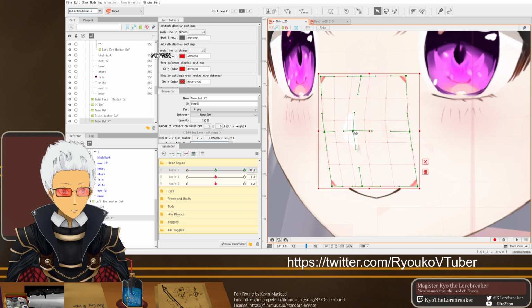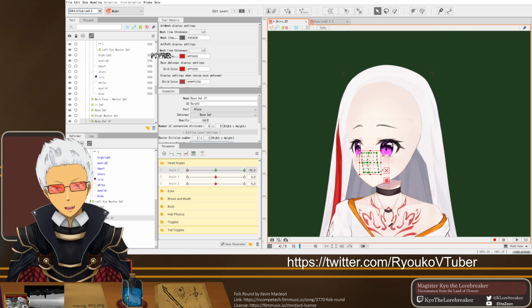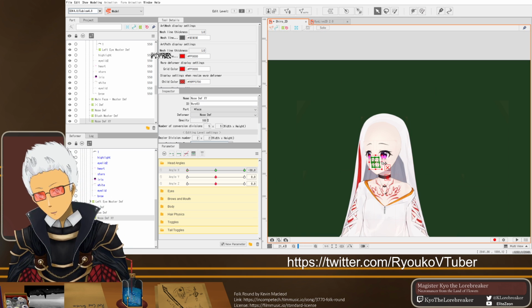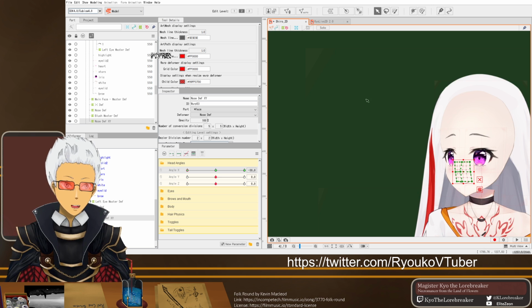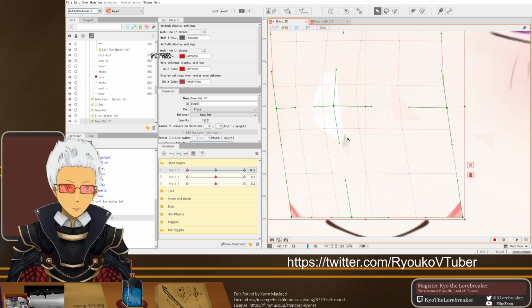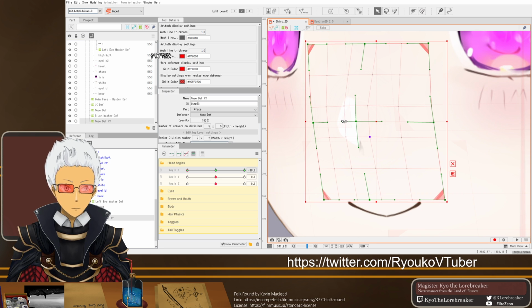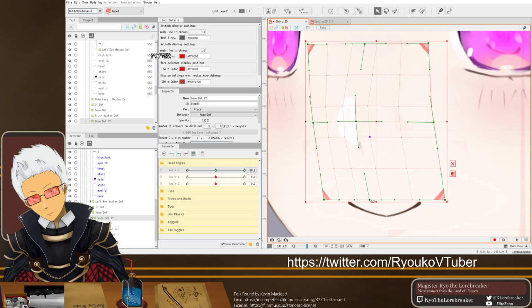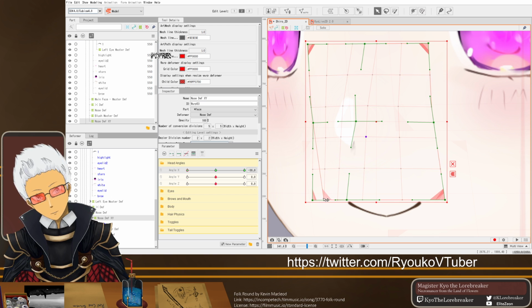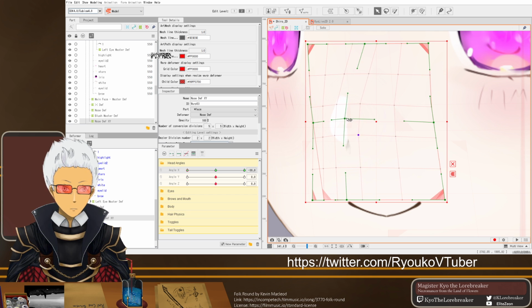Now this is really hard for me to see, unfortunately. In all honesty, this model, because it's so bright, was actually making my eyes hurt after a while, and I had to add this green background for contrast to keep me from getting a little blind. Let's see if I can. What the heck is this part? Oh, I think that's a master nose deformer.